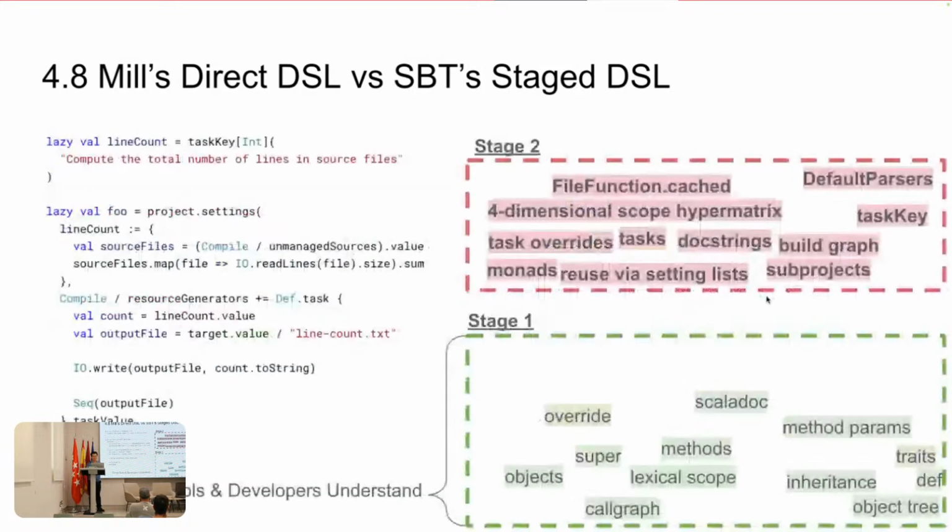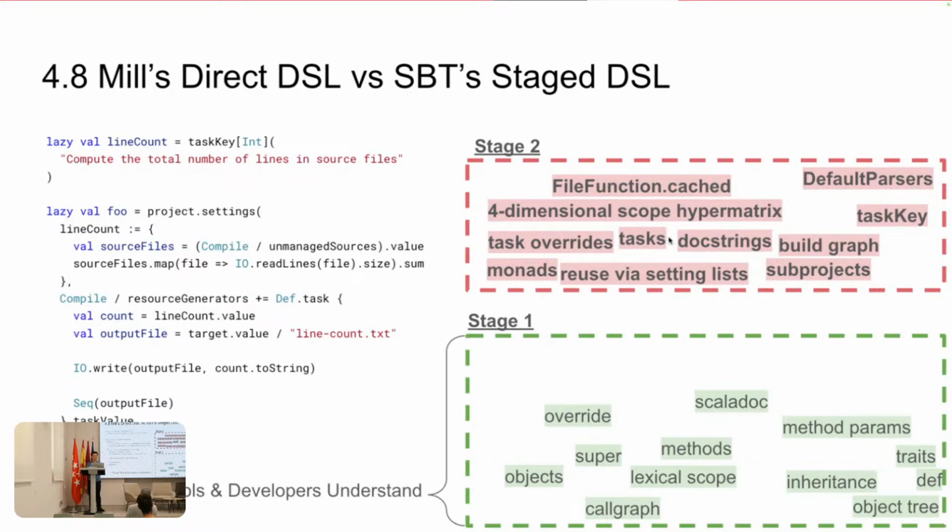And the bottom line is that the problem with SBT is that it's really a two-stage program. In stage one, there are all these Scala concepts like override methods, Scaladoc, inheritance, call graph, and so on. But what's important is that after stage one runs, you get this data structure, and stage two has all SBT concepts. Like SBT has doc strings rather than Scaladoc, and IntelliJ knows Scaladoc, IntelliJ does not know doc strings, so IntelliJ can't show you your SBT doc strings in your